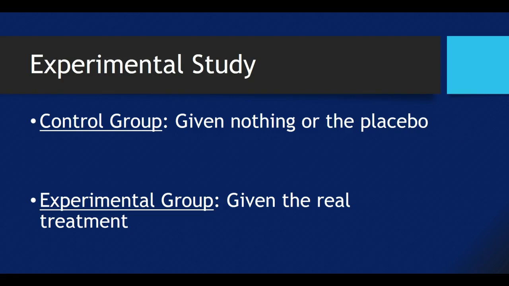And you might call smokers the experimental group and non-smokers the control group, or vice versa. So you might adopt that language, experimental and control, for an observational study. But the language is used best inside of an experimental study. All right. I do want to mention the idea of a placebo.